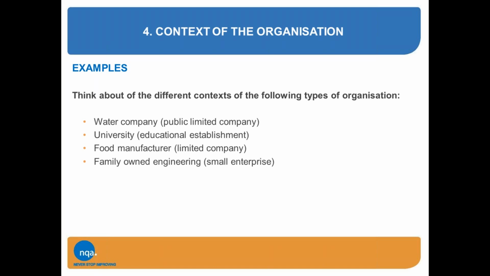We've got another question. We currently meet the requirements of 18001. What now are the key differences that we need to address to migrate to 45001? This is basically the whole point of this presentation, is to look at the requirements of 45001. Context of the organisation is a new requirement. It was never identified in 18001. So this is one of the key requirements of 45001, and therefore is something that you would need to address, which is different to 18001.